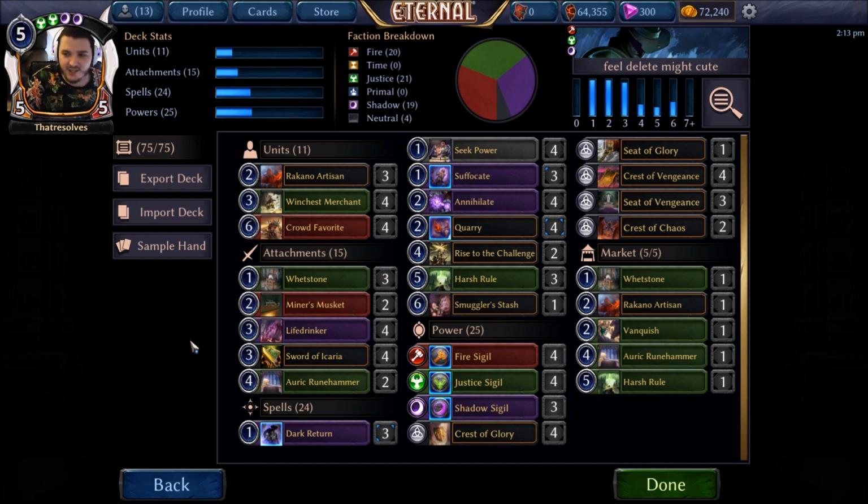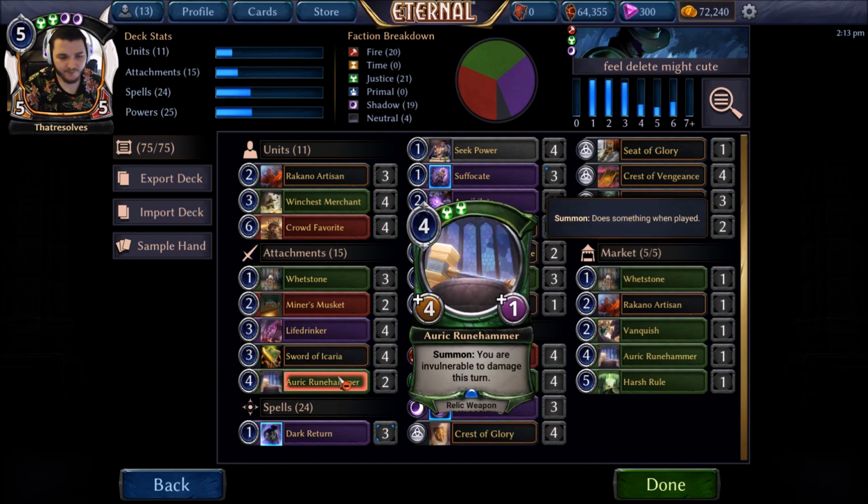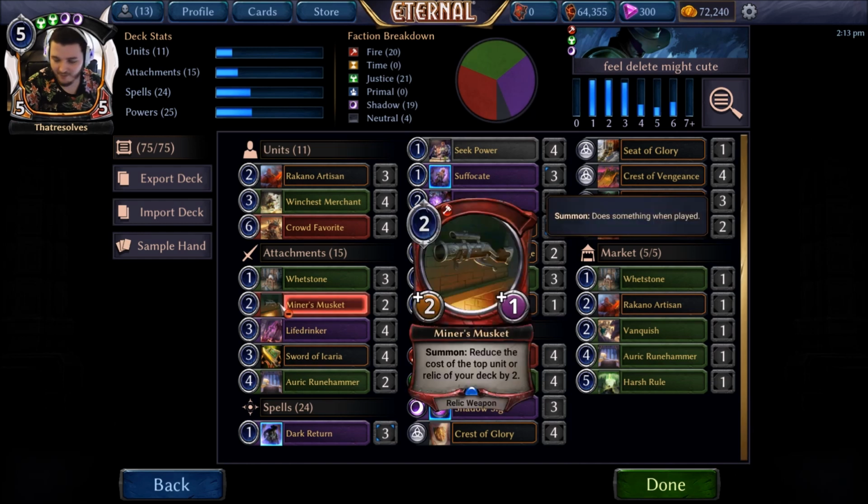Sadly, most of the Aegis units right now are a little bit too big for these weapons to take out, so you are looking at stuff like Champion of Cunning and Feast Caller, which you can get Feast Caller with a couple of buffs on these weapons, but can also hit with the Runehammer, but most of the time you're just not going to be able to do too much against it. If you're sat there looking at like a Berserk Feast Caller and you've got like Miner's Musket, then life isn't the best,